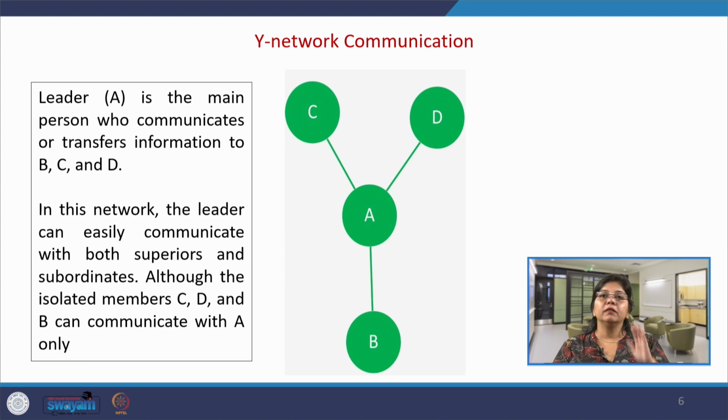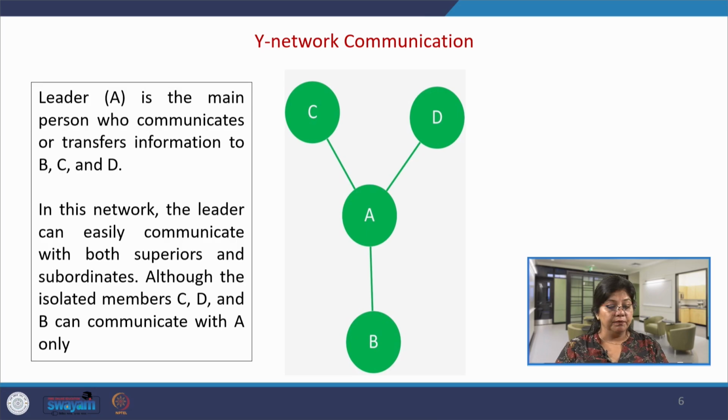They are isolated in their own way. They have no idea what information C, D and A possess, but A is transferring all the information to the respective subordinates. So, A is the main person who communicates or transfers information to C,